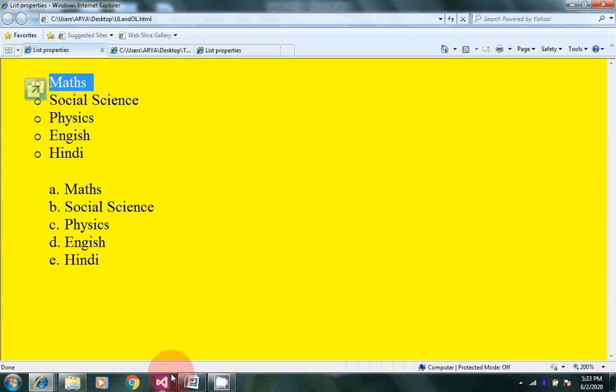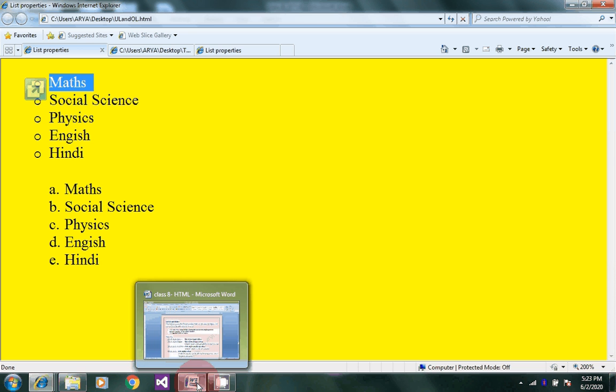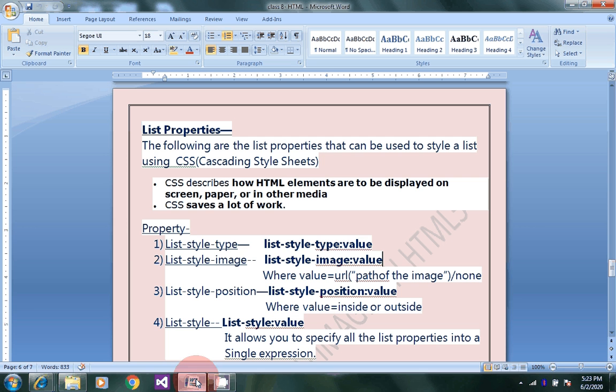The syntax of this property is list-style-image and value, where you give the URL as the path of the image, or you give none.